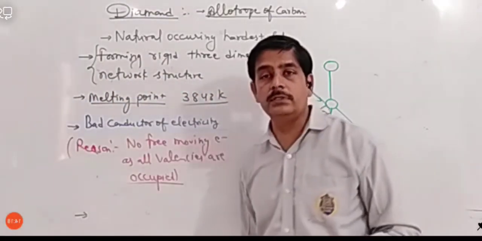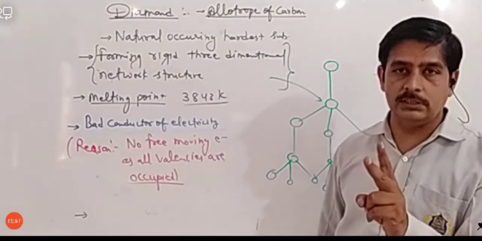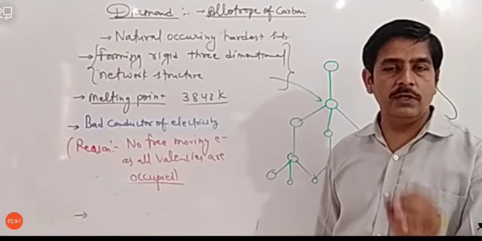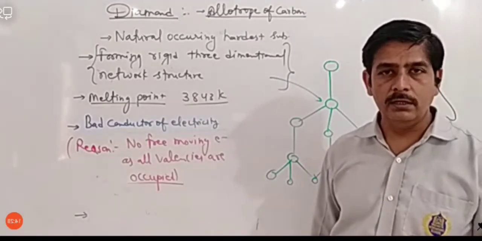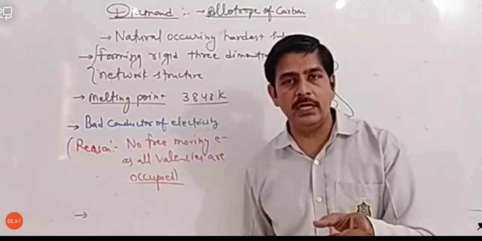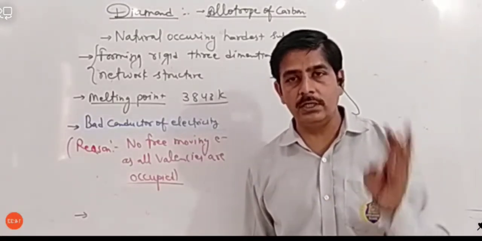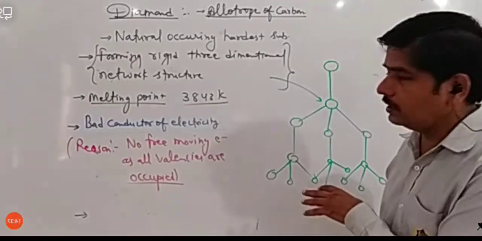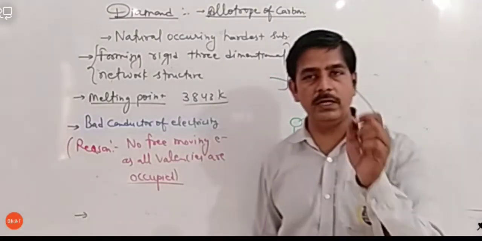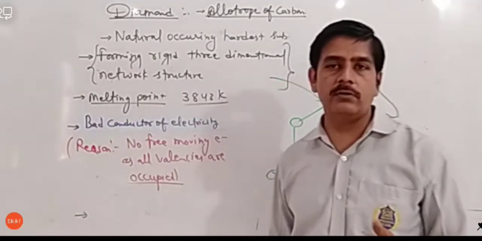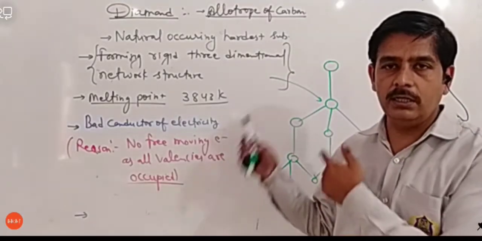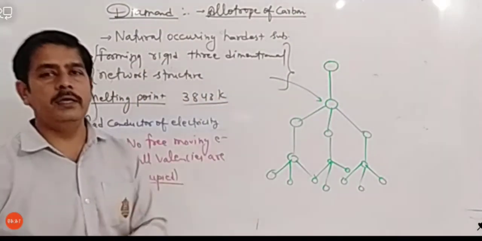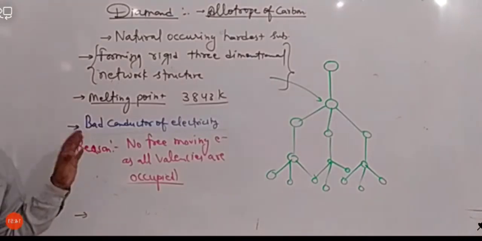Conductivity of any substance is due to only 2 reasons. One is free ions, and second is free electrons. If there are free ions, then it will be a conductor. In case of ionic compounds, we studied that ionic compounds are good conductors of electricity in molten form and aqueous form. Why? Because they have free ions. And in case of graphite, we studied that graphite has free electrons, metals have free electrons, so that's why they are good conductors. But in case of diamond, there is no free electron and no free ion, so it does not show any type of conductivity.